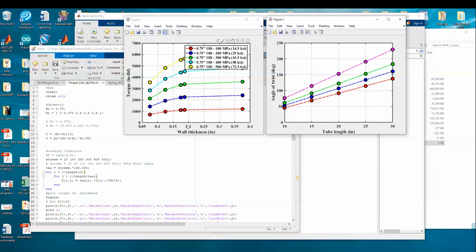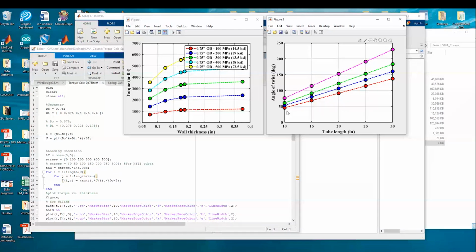Okay. Now you want angle of twist outputs, and these are based on different strain levels. The bottom one is based on two-way strain only, the two-way shape memory effect. The top one is the maximum on one-way plus bias shape memory effect. So if I only have two-way, and I need a length, I need some